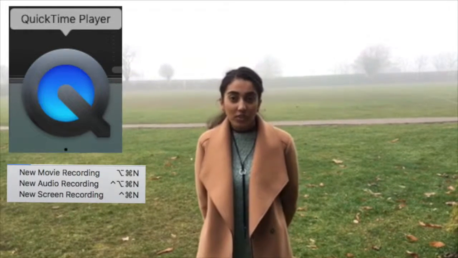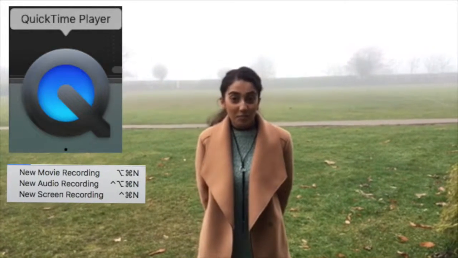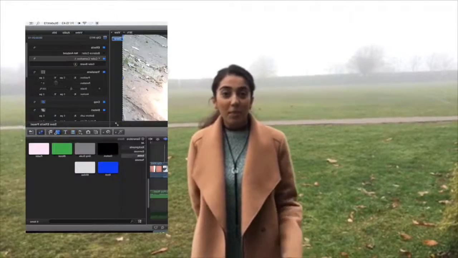When creating our evaluation, I used a screen recording tool from QuickTime Player so we could capture step-by-step instructions of how we made our film. We also used the green screen for our audience feedback and then attached the trailer on the bottom left so we could see what they're watching and how they're reacting. And we also used interactive videos where we were in character and finished it off by using